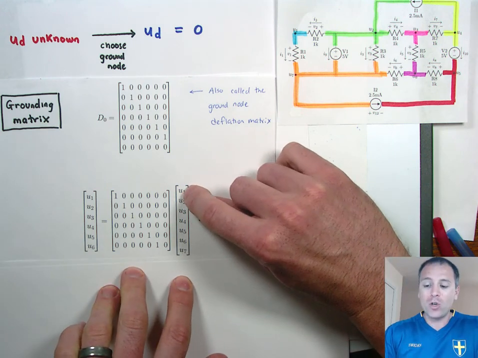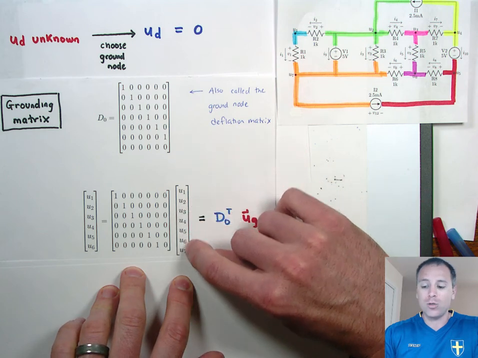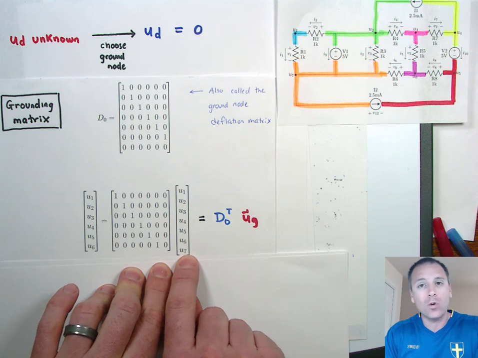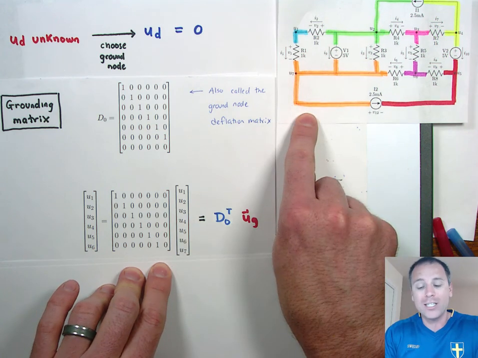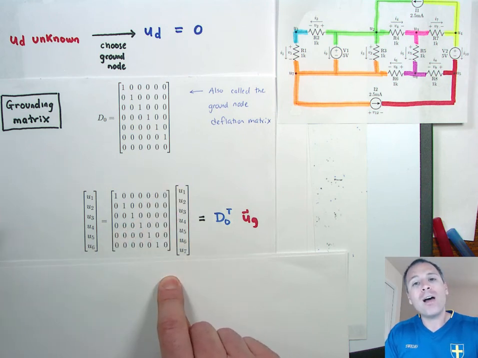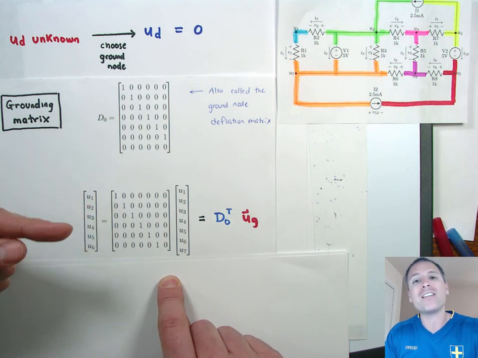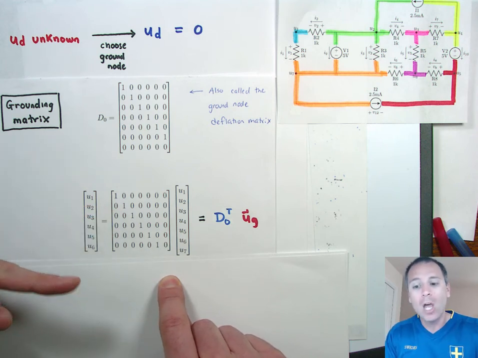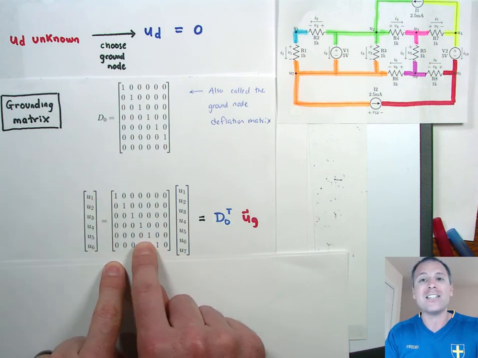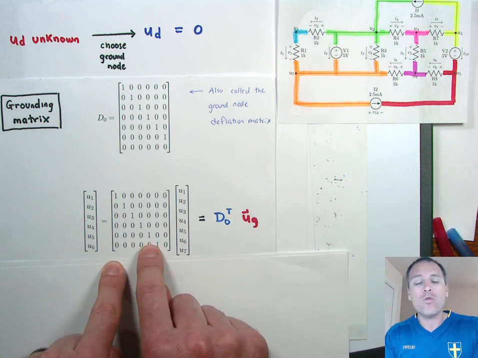Here I have the original node potential vector U1, U2, U3, U4, U5, U6, U7. I want to eliminate the U7 because it's not useful once we've grounded that circuit on node 7. If I wanted to leave all rows untouched, I would multiply on the left-hand side by an identity matrix. But in this case, I want to delete the dth row, which means if I take the ng times ng identity matrix, in this case, the 7 by 7 identity matrix, and then delete the dth row of that matrix,